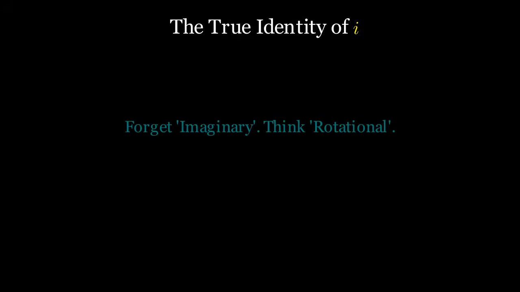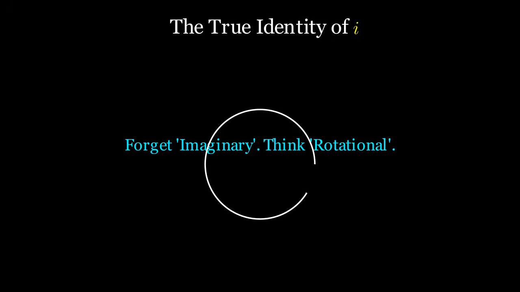Have you ever felt that math is sometimes intentionally confusing? Take imaginary numbers. The name itself sounds like a fairy tale, something made up just to torture high school students. In fact, René Descartes coined the term imaginary as an insult in the 17th century. But what if I told you that the concept of i, the square root of -1, is not a number